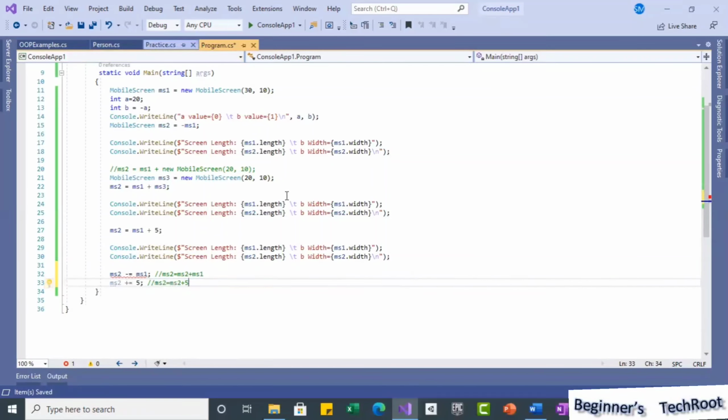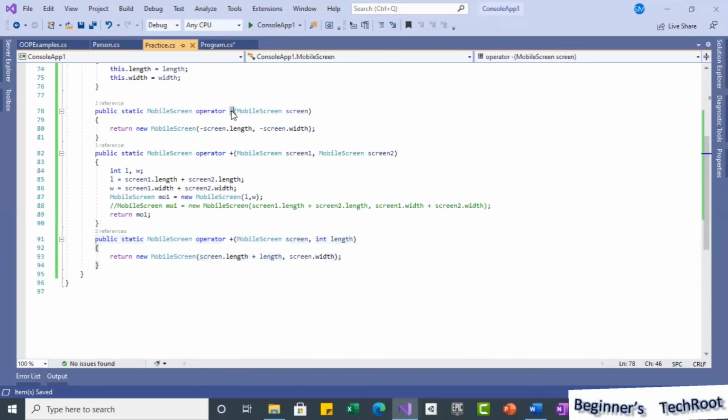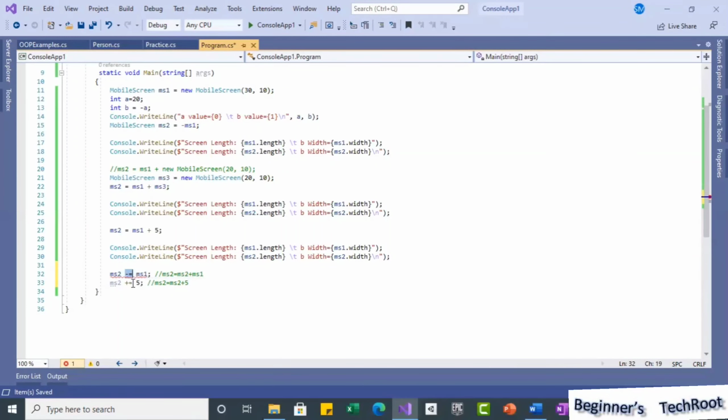Because minus we implemented as a unary operator, not as a binary operator. This minus equal to, plus equal to is nothing but an assignment operator, so it will always be binary. We didn't have any binary minus implementation, so you will get an error. But for plus, as we implemented the binary operator overloading, it allows.